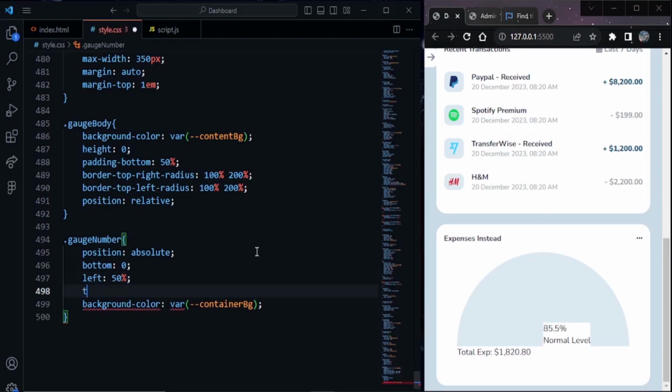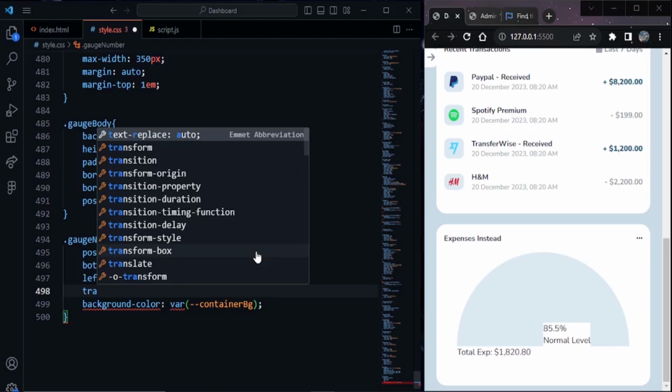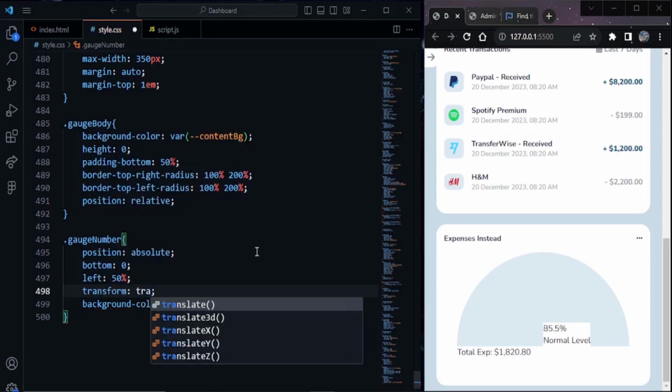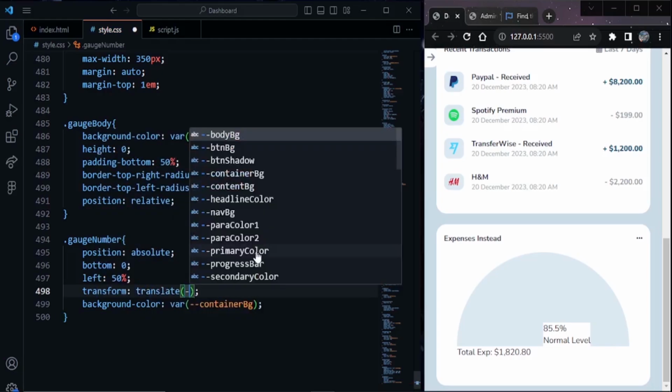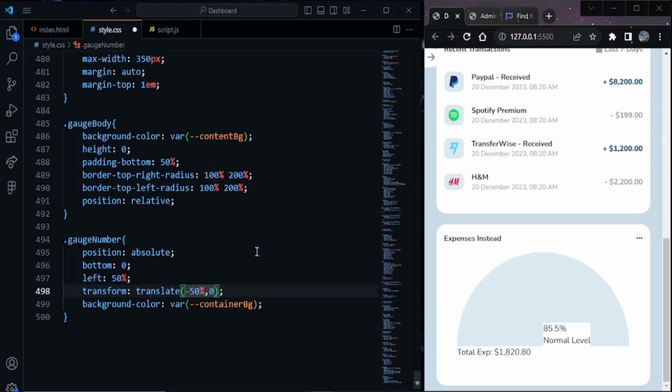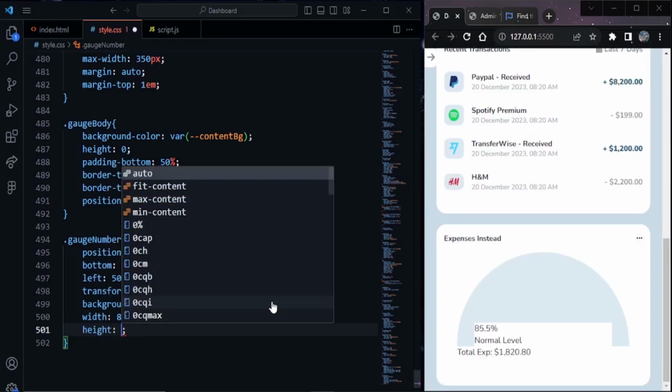To make it center, transform, translate, minus 15% and 0. Now this is centered, and the width will be 18%, and the height will be 80% of the